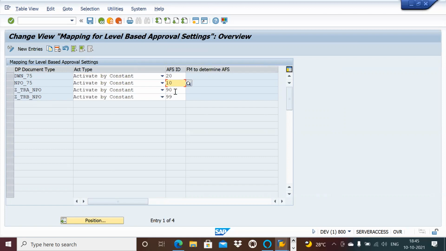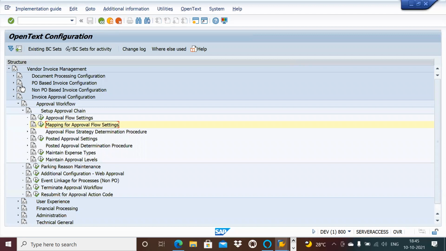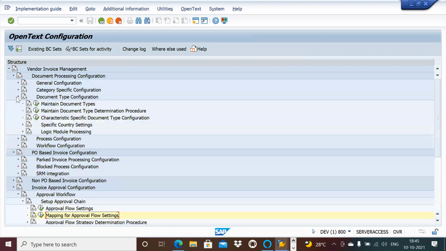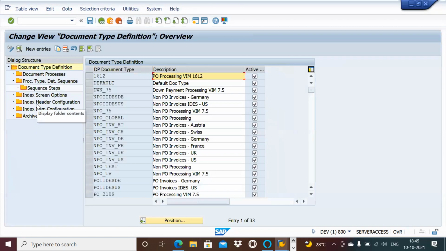This AFS ID works when you have a document, when you have a process type which is assigned to your document type. What is that process type? I'll show you. Let's say if you go here, NPO 9. So here it's